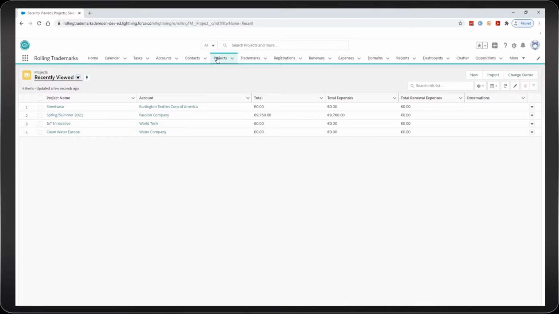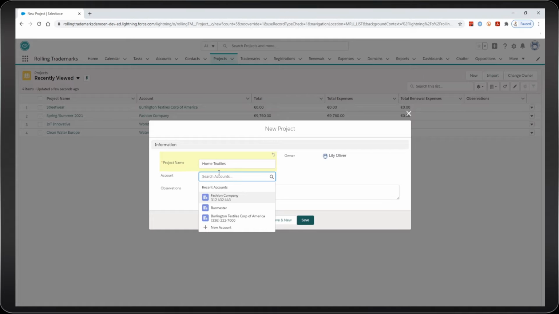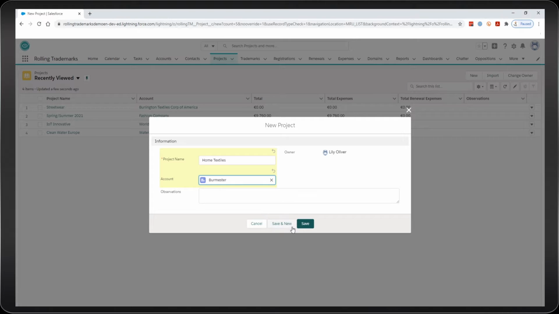So let's create that project. Let's insert the information, home textiles, and search the account related to this project, in this case Burmester. Save,